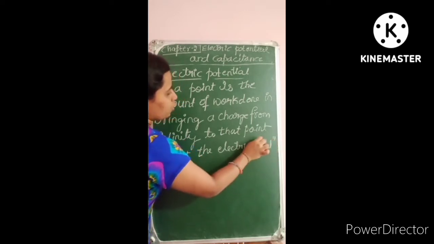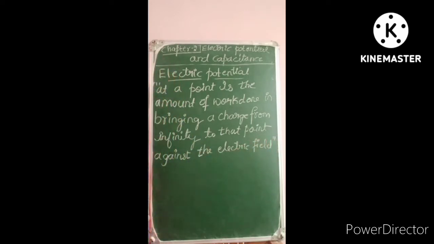So this is how you define the electric potential. Electric potential at a point is the amount of work done in bringing a charge from infinity to that point